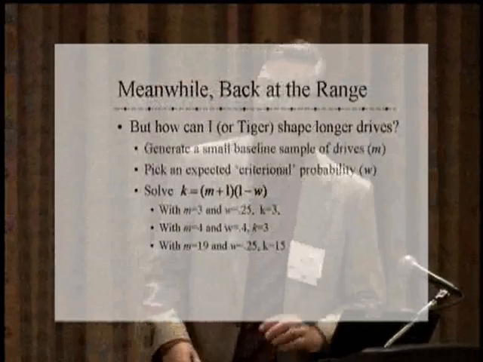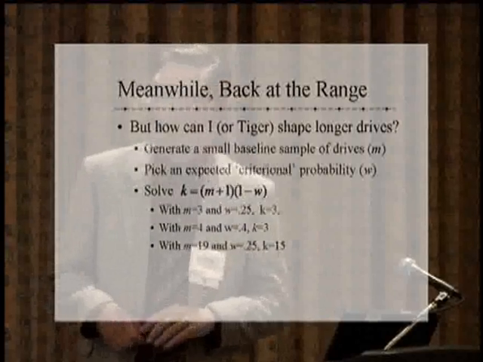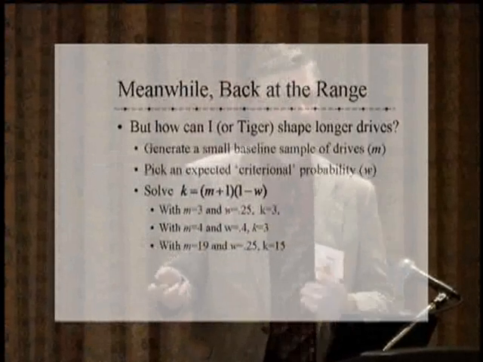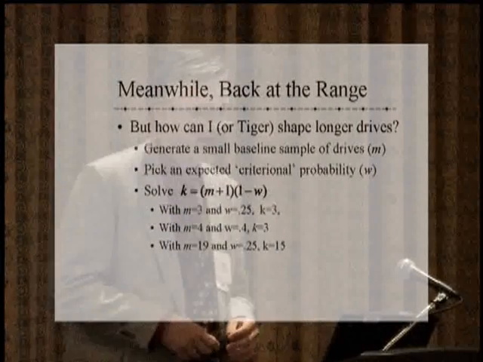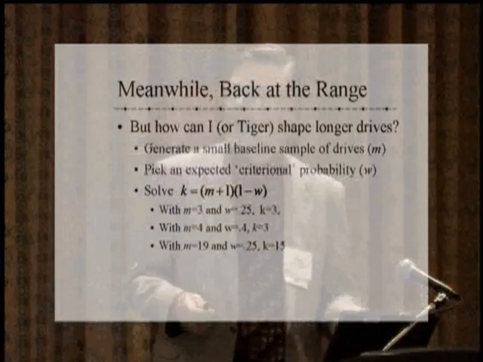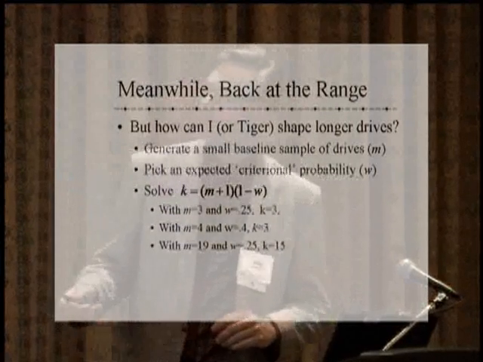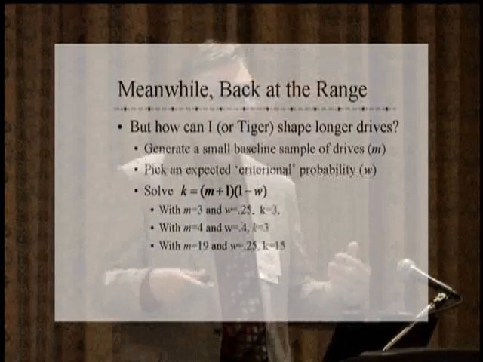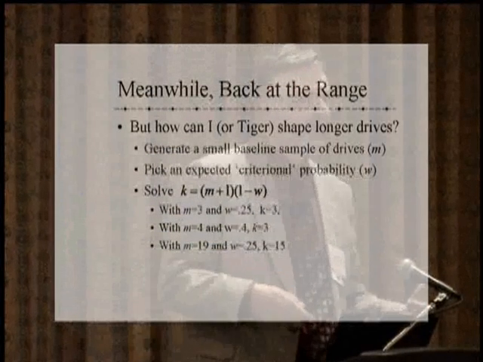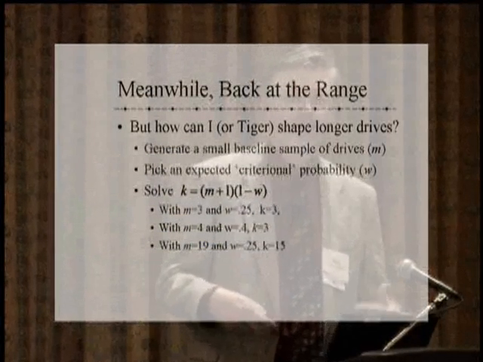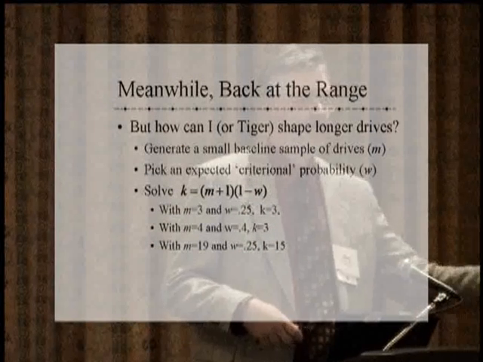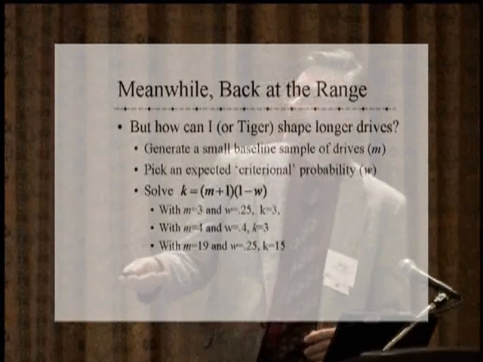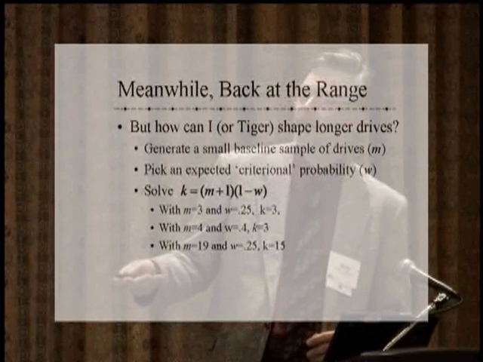So, back at the ranch, how did Tiger and I use this to shape longer drives? The first thing we do is the same thing. We generate a small sample of baseline drives. We generate m drives with a habit comparison sample. We then experimentally select the probability that we want to call the drive criteria. I can make it 20%, I can make it 10%. We then solve for k given the two